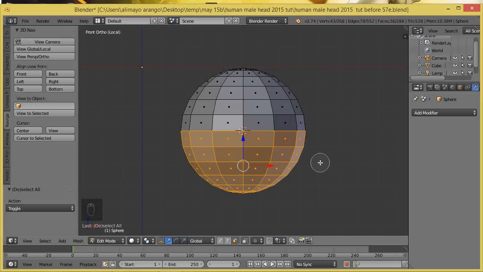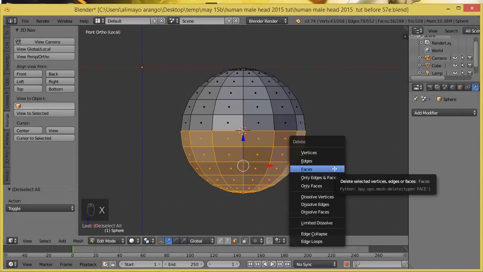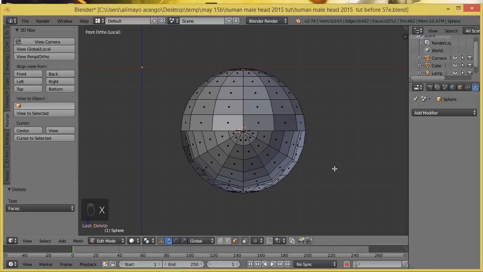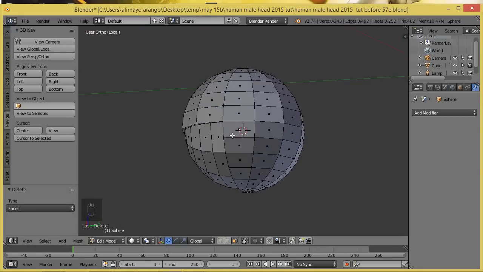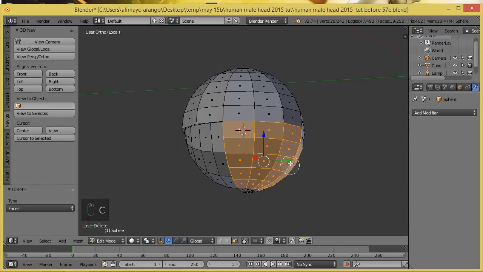We're then going to press right click to get out of Paint Select, press X to bring up our delete menu, and then choose Faces to delete the faces. You can see there's our UV sphere we had made inside. We're going to hold the middle mouse button and turn to the side and do the same thing. We're going to press C for Paint Select, and we're just selecting this whole bottom part of this UV sphere. Right click to get out of Paint Select,